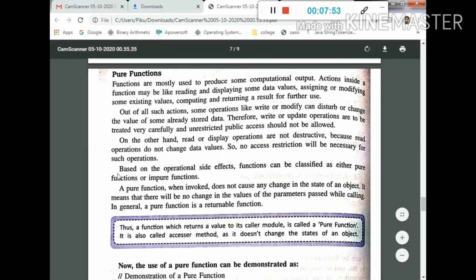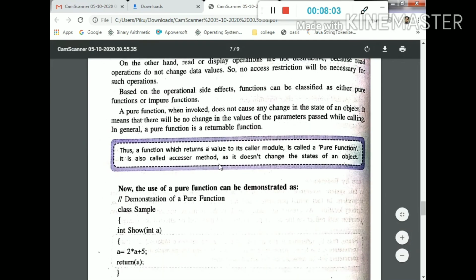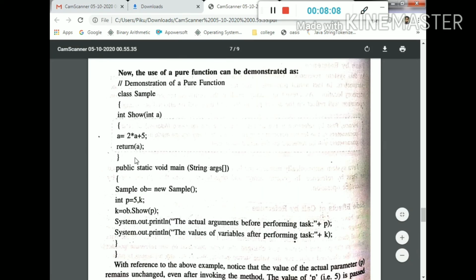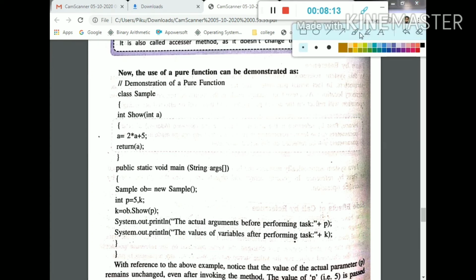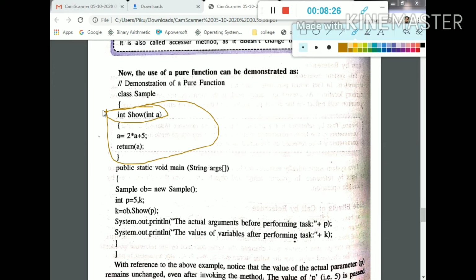Now the next topic is the pure function. A function which returns a value to its caller module is called a pure function. It is also called an accessor method as it doesn't change the state of an object. Here is the example: int show is the function, this part is the function area, and it returns the value of a.